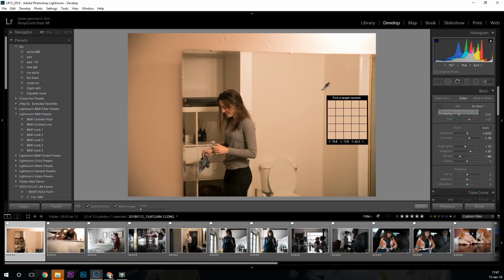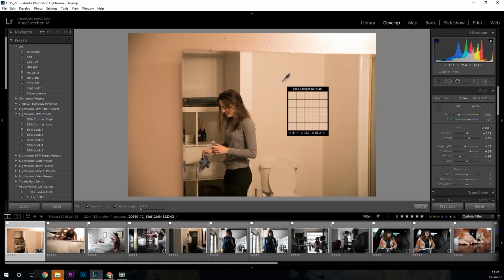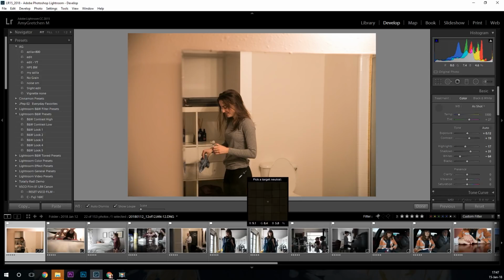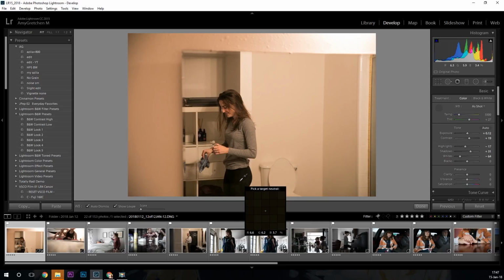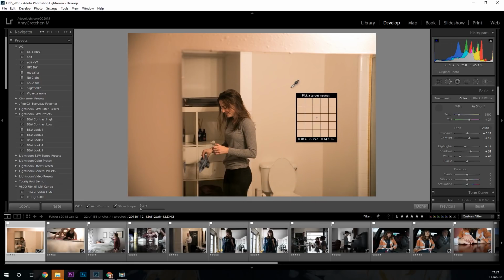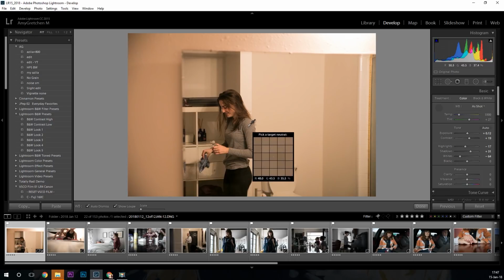So one of the things that you can do is you can take this little picker. You want to target right here. You can see in that box at the top of the box, it says pick a target that's neutral. So you could do black, like her black pants, or you could do white. You want to make sure whatever it is is definitely black, or definitely white, or definitely a gray. This is also very neutral. So I'm going to click on this and you can see now how it turned the photo where the walls